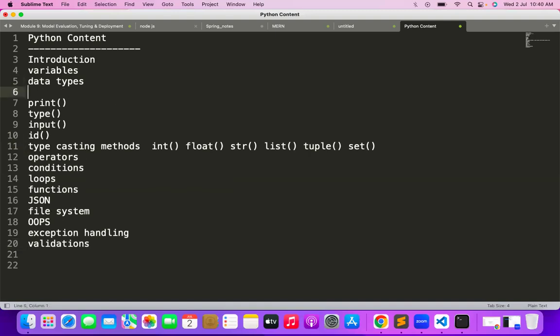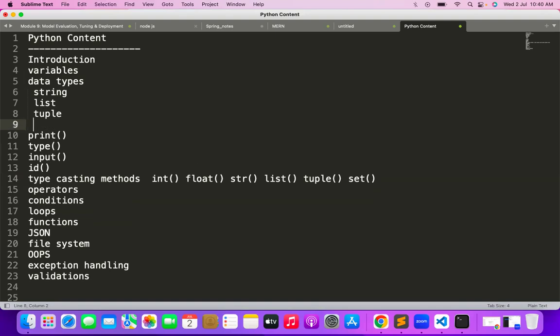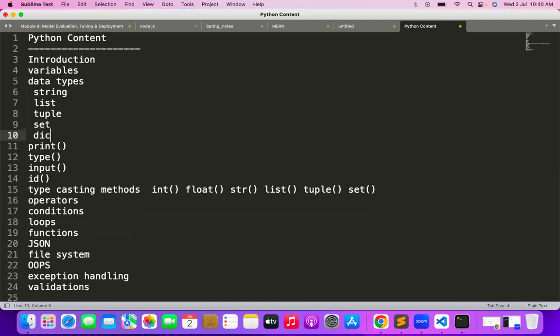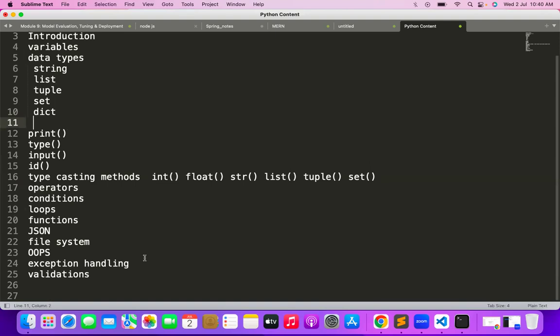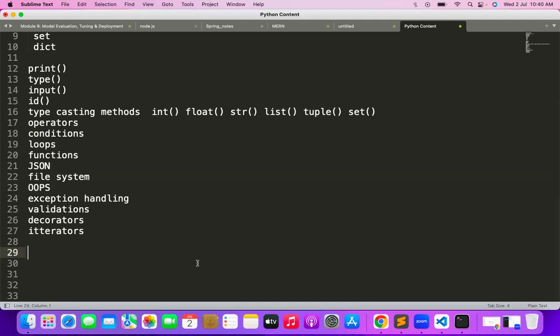So here in the data types, we have different kinds of data. So string methods, list methods, tuple methods, set methods, dictionary methods like this. And after that, decorators, iterators. Okay, fine. So then we go with the libraries, different kinds of libraries, like data analytics libraries,